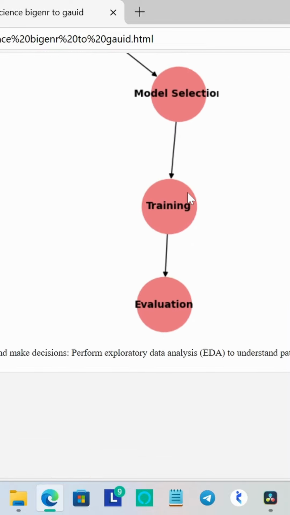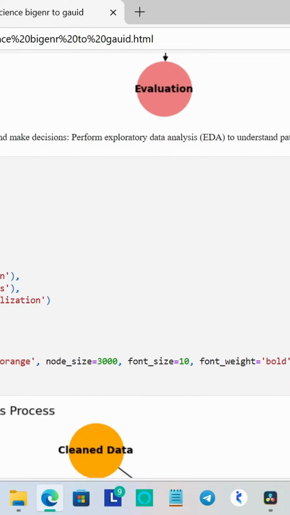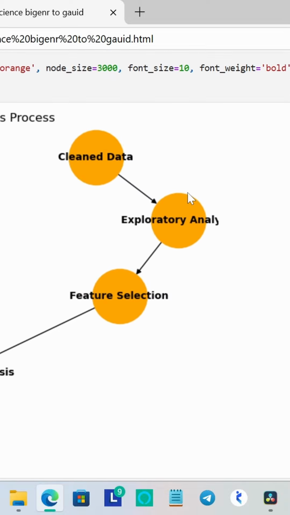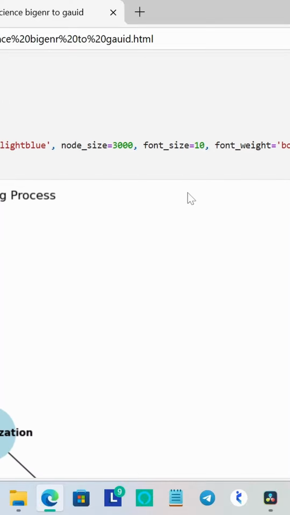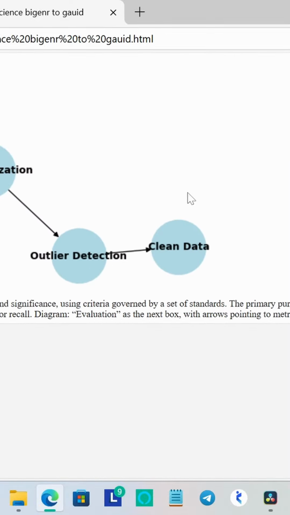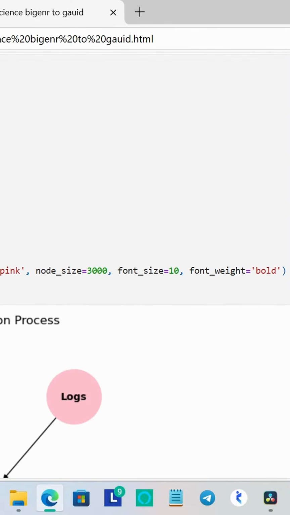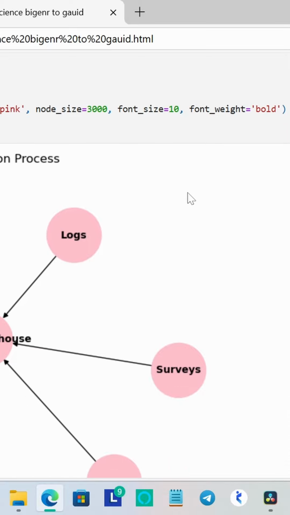Evaluation is a systematic determination of a subject's merit, worth, and significance using criteria governed by a set of standards. The primary purpose of evaluation, in addition to gaining insight into prior or existing initiatives,